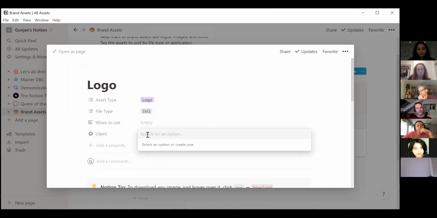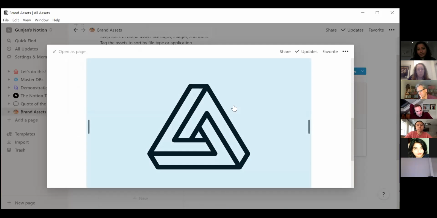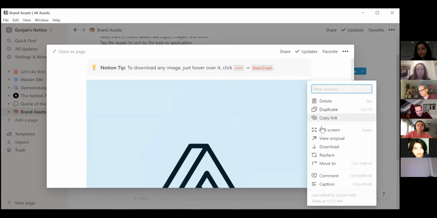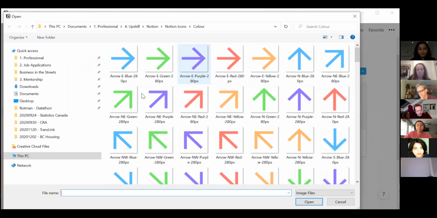So let's say we create a client called HubSpot is already here. Let's say Hootsuite, right? So we've created a client called Hootsuite, and then this is the image. You can either delete it directly, or you can choose to say replace, right? And then you just replace it from an image, either